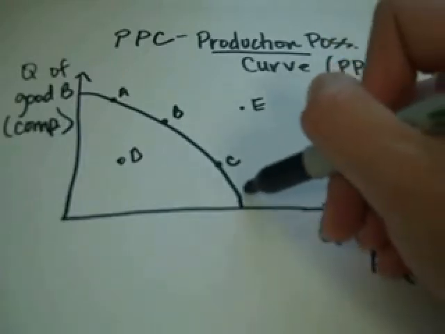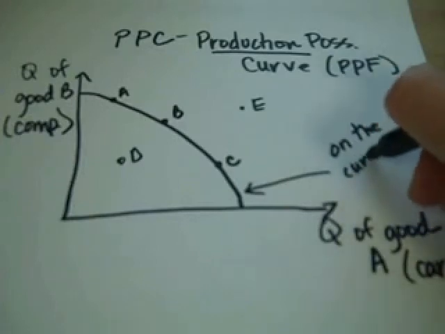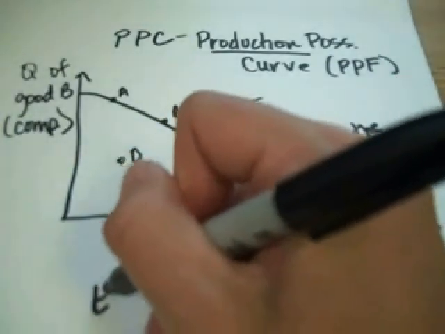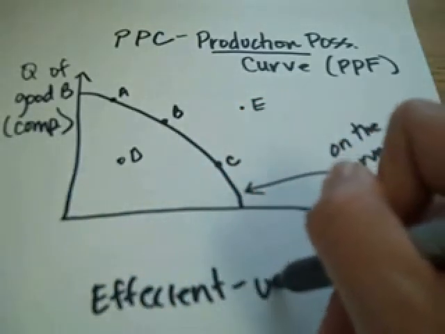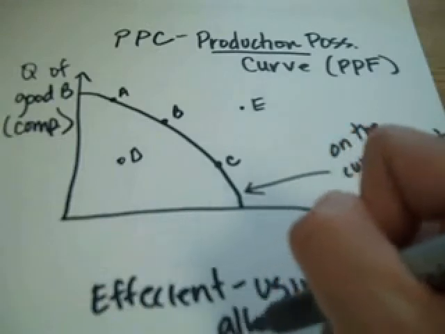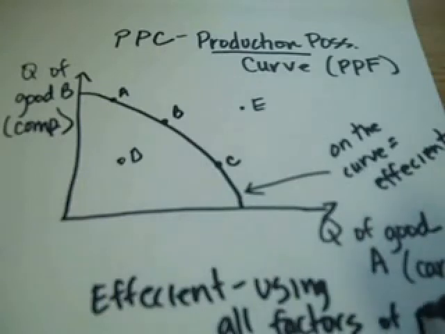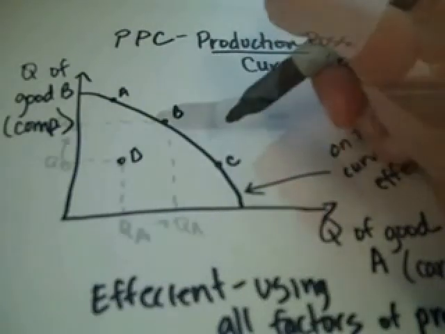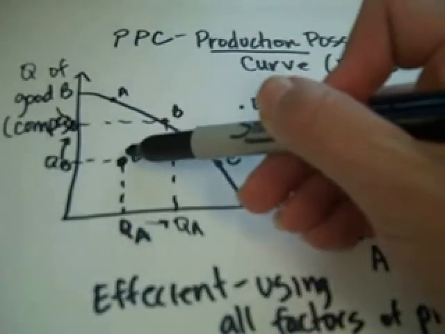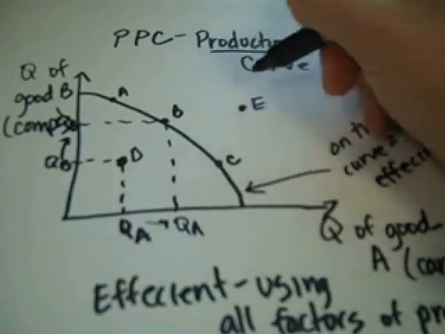Okay, any point on the curve is going to be efficient, effectively using all factors of production or resources. Okay, so A, B, and C are efficient. It is going to be up to the country's demand individuals that are capable of producing for your country, but they're not. Okay, E is obtainable only through trade